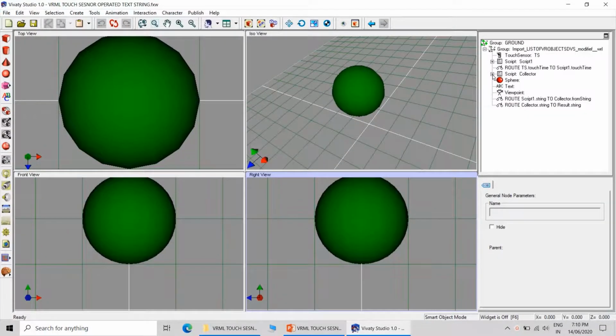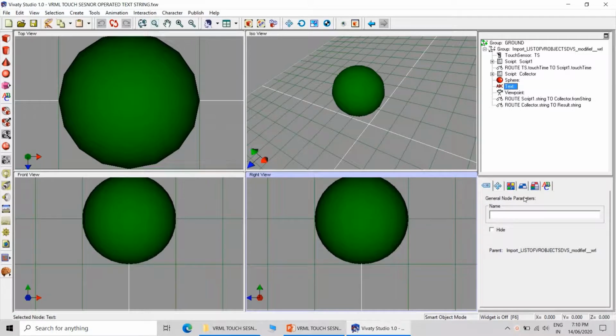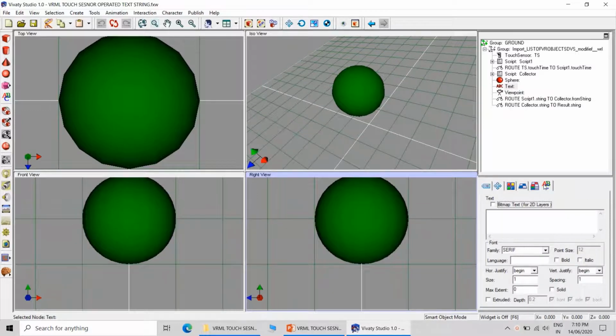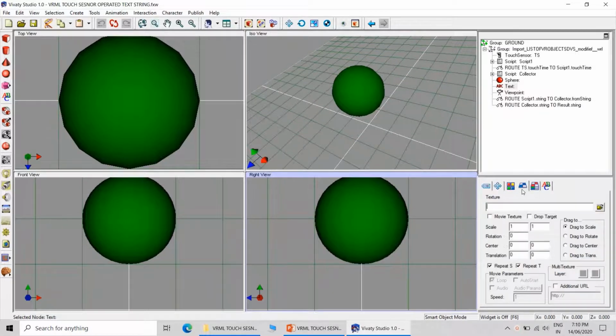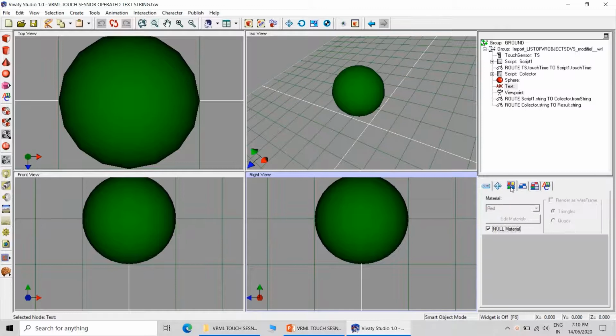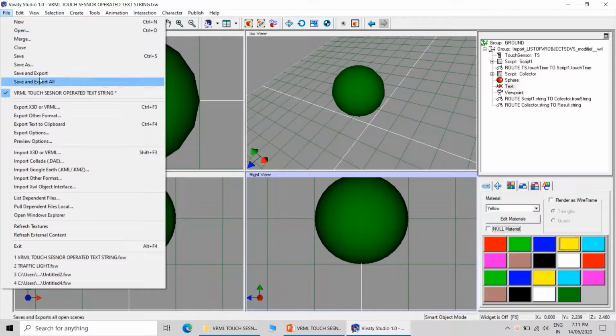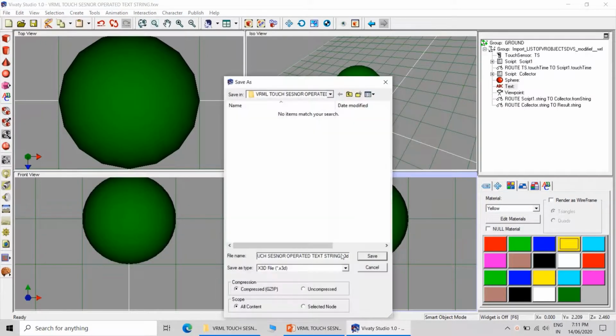Okay, now you can see the collector script. What I'm doing is changing the color of this particular text. It is white. I want to change it to yellow, so I have selected the yellow color. That's it. Just save this particular file with a new name, export with a new name.